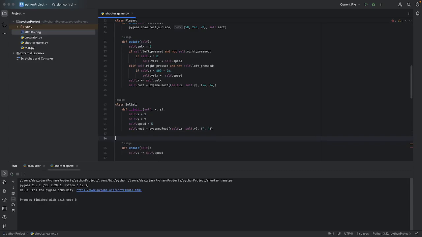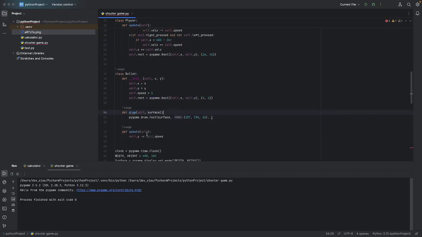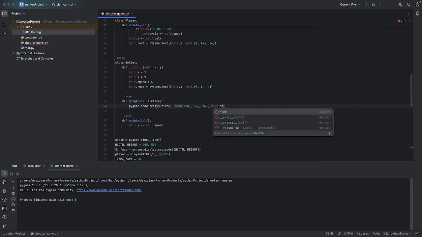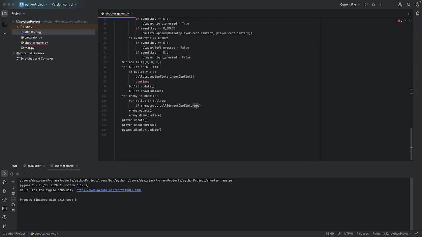Here we are going to make an... and Command V. Here we don't have self, that's the problem. So please add in self and surface. If you still get these squiggly lines over here, I think it is because of this self.rect. Now we don't have any squiggly lines. So now what we do here is if it's touching the bullet.rect, then what we want to do